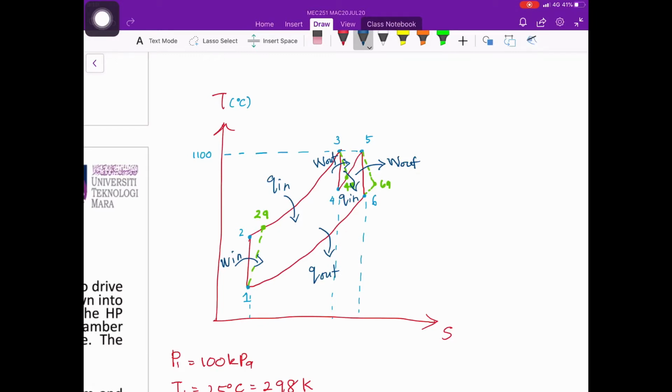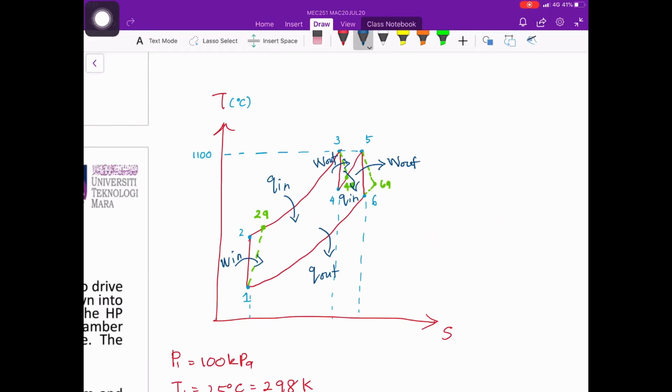For process 4 to 5, this will be the reheating process, therefore a portion of heat will be added to our system, therefore we are going to have the term Q in. Process 5 to 6 is through our low pressure turbine, and work will be produced through this low pressure turbine, therefore we are going to have the term W out. And lastly, process 6 to 1 is the constant pressure heat rejection, and we are going to have the term